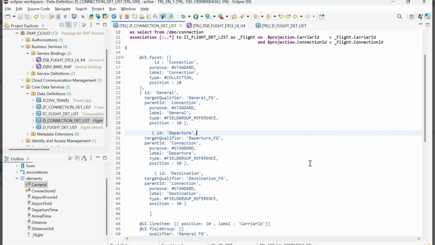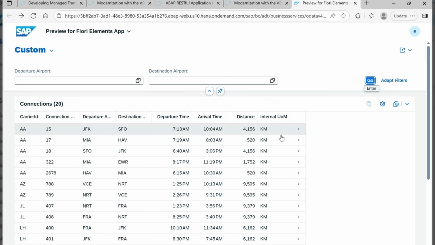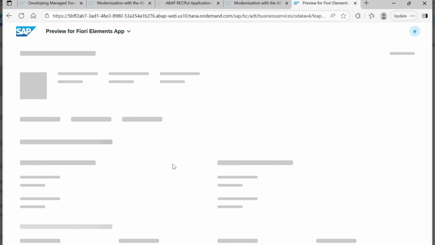Everyone, welcome back. As of now, we have created one list reporting app and we have enabled the user interaction features using the annotations. So, this is the app we have created. We have arranged these fields in the order we want using the annotations, and we have made this list report header available, and we have created one facet,